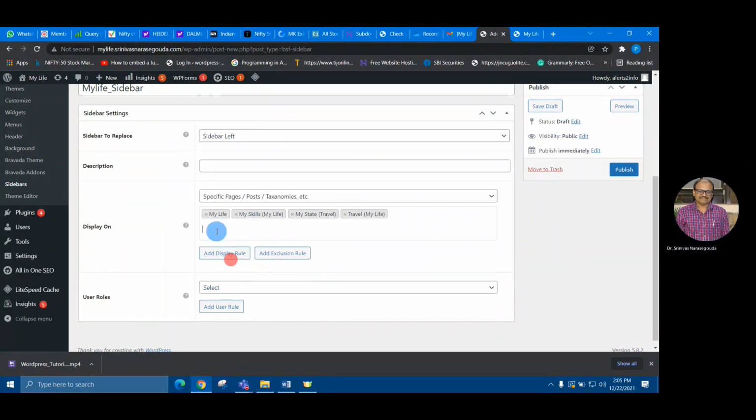Travel and India. So these are the few pages where I want to display this particular sidebar.